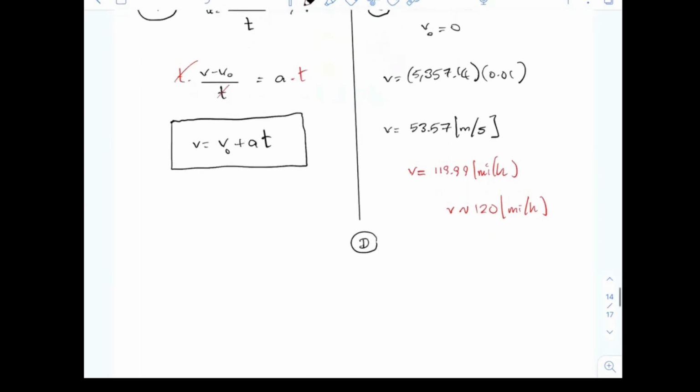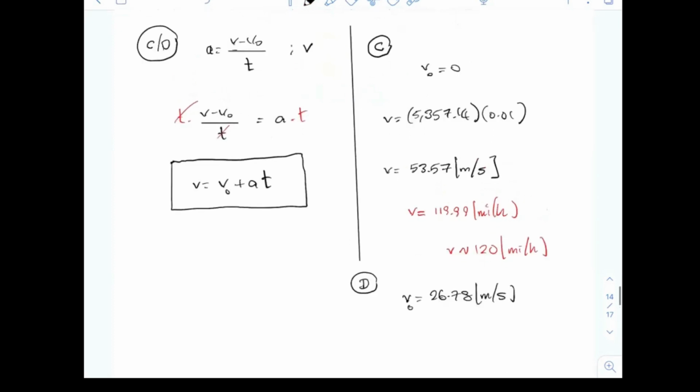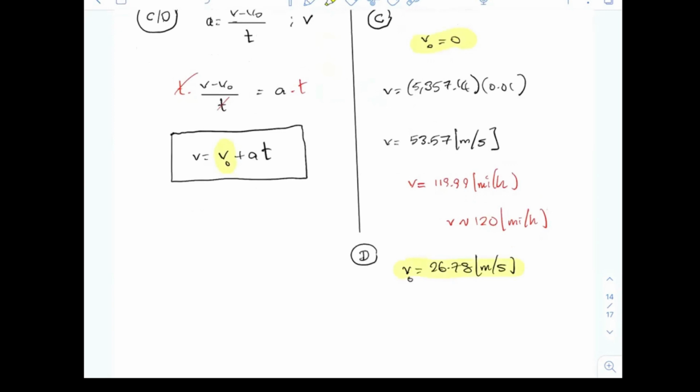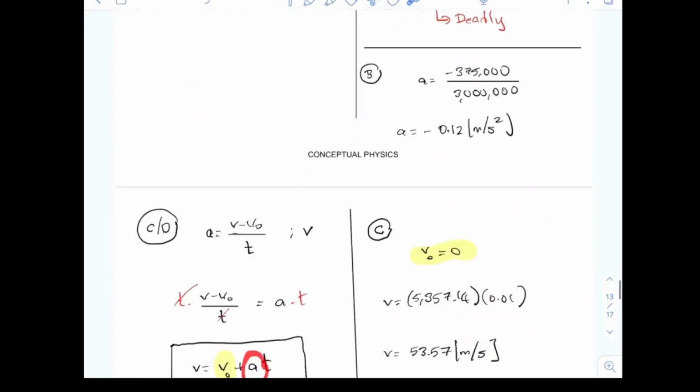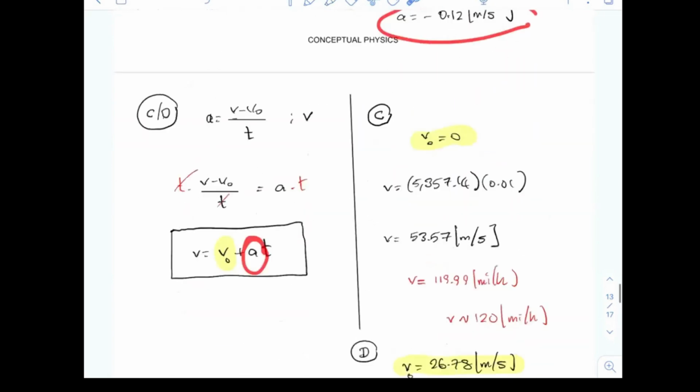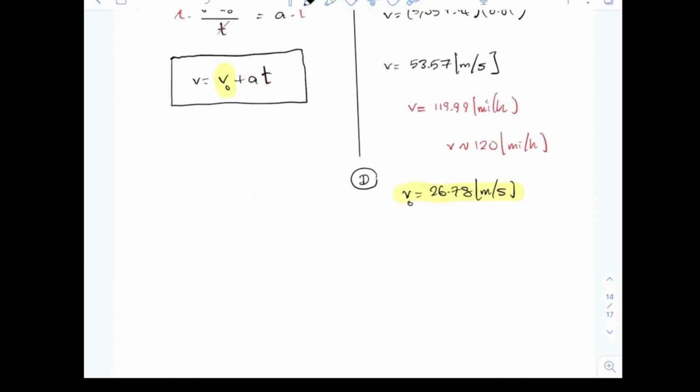So what do we know? The train is going to have an initial speed. Remember the initial speed of the train? That was 60 miles per hour. So this is 26.78 meters per second. Just a reminder. I want to make sure when we are looking at these formulas, in essence, we're using the same formula for both of them. But remember, guys, the train is going to have a negative acceleration. So the train's acceleration is negative, so that's going to subtract from the speed. Our initial speed is going to be 26.78